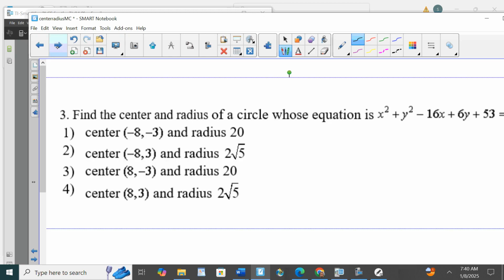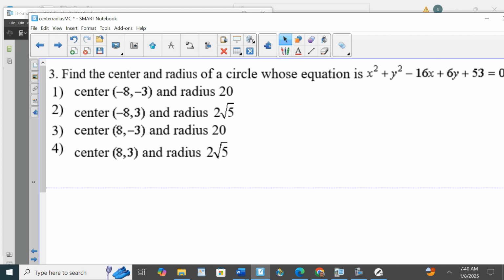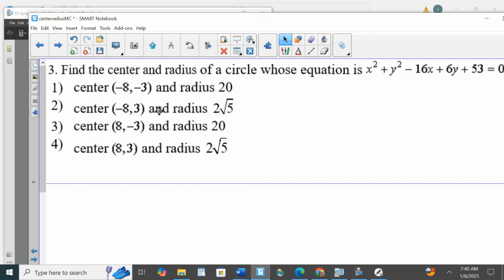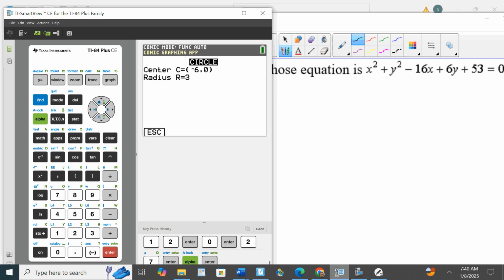One more little twist I want to talk about. And this is where, if this was open response, you're going to have a problem. Let's look at partial credit, but you're not going to get full credit. All right, I want center and radius, so I go to my Conics app, second quit to get out of here, second quit,